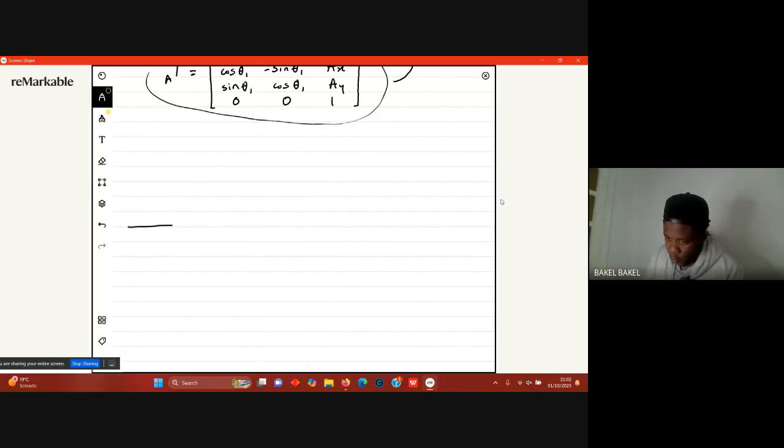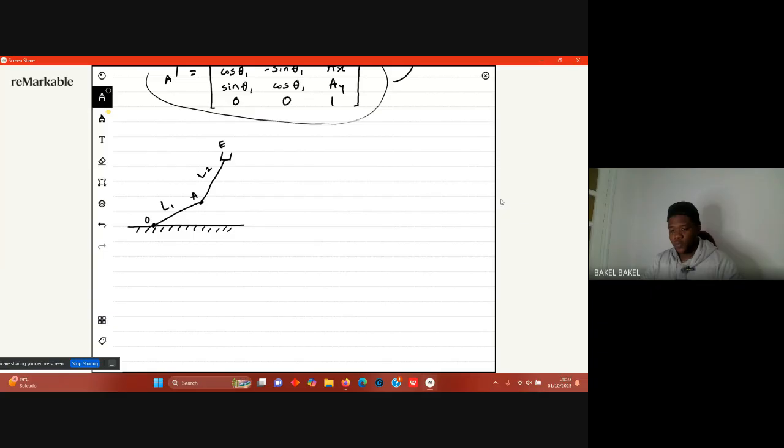Now, let's go with our robot again. O, A, and the vector. This is L1, L2. Forward kinematics, as you all know, is how do we change different positions to get to the ending? Like if we set different things, what would the ending be like? So that is why